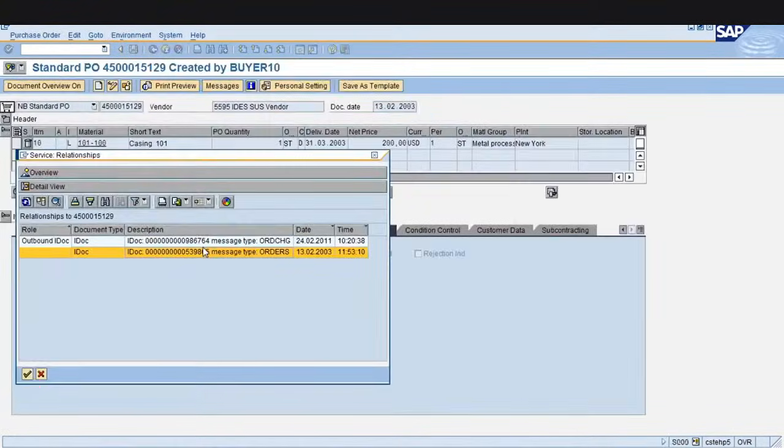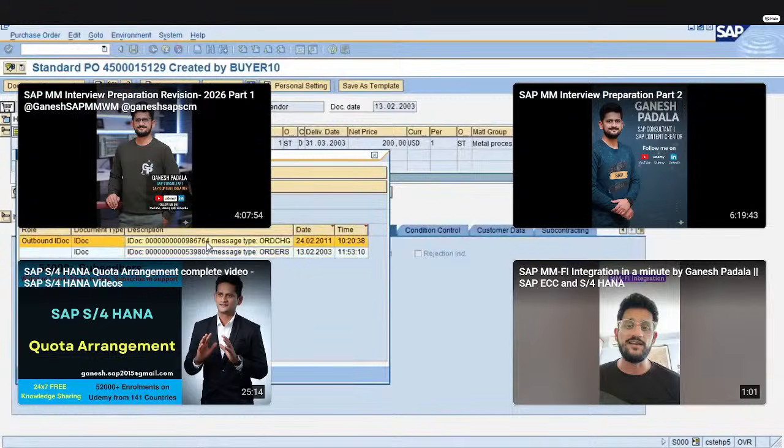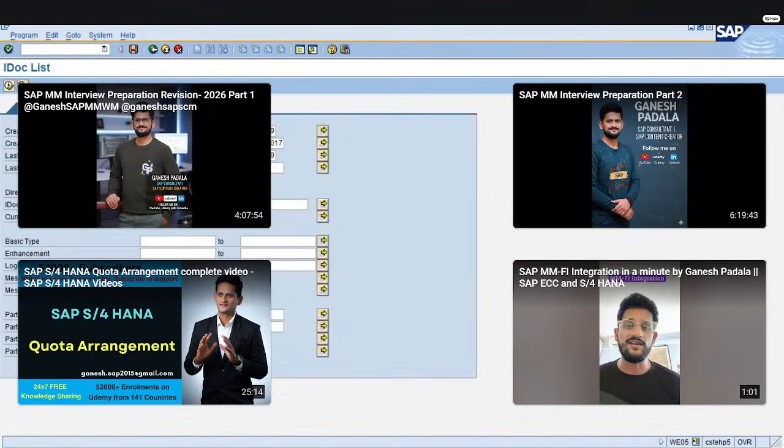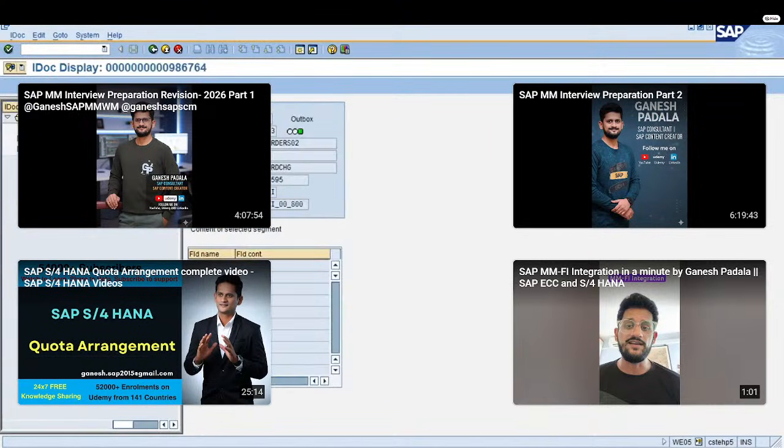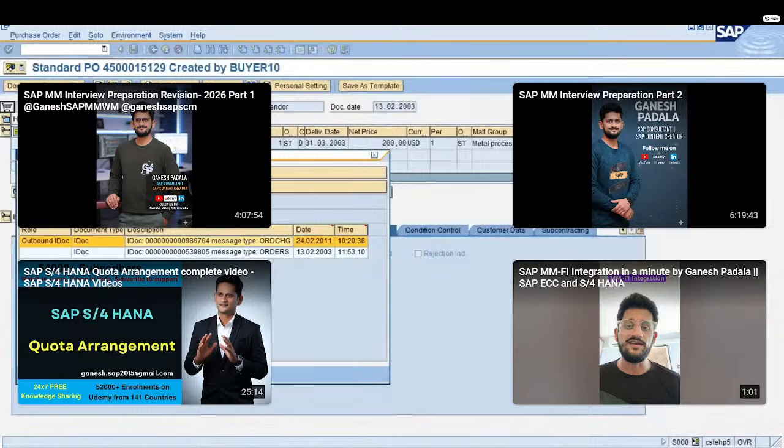If you see another one, 986764, this is the one we have seen. It's an outbound IDOC. This is an inbound IDOC. The tracking of IDOCs and all will be coming in the